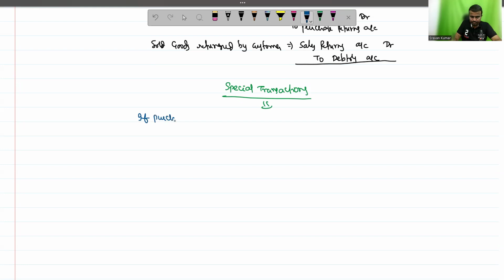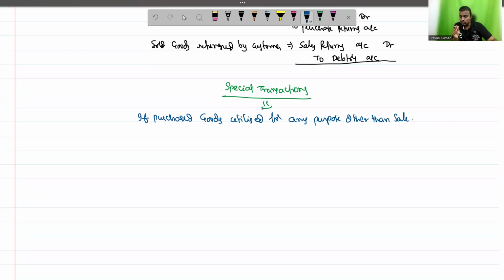If purchased goods are utilized for any purpose other than sale. And actually, if the goods are purchased for resale purpose, then only we have to use